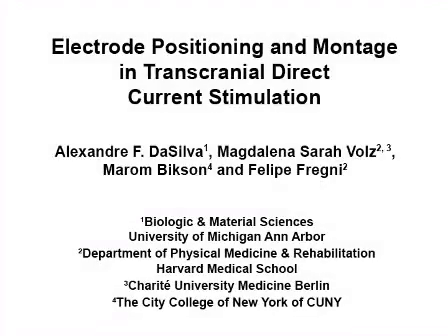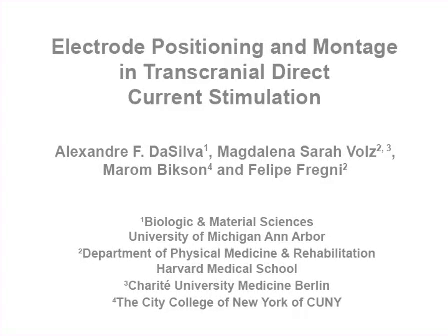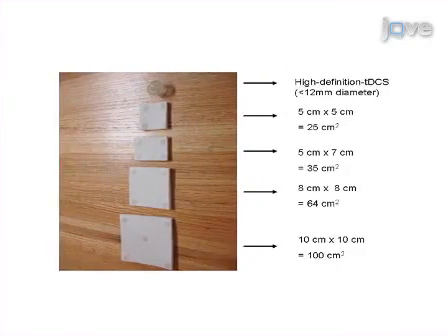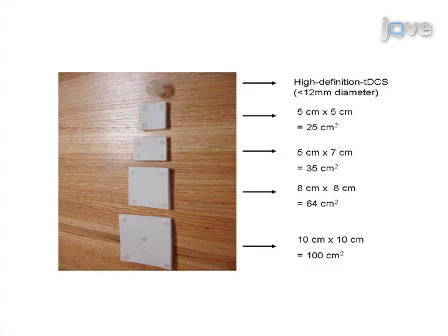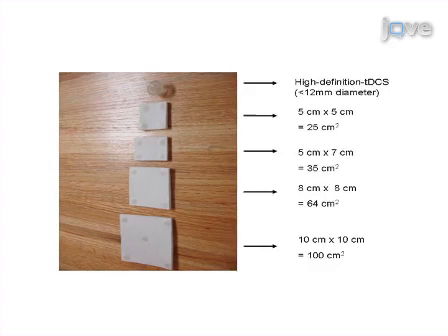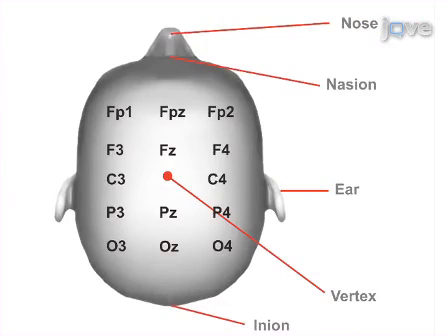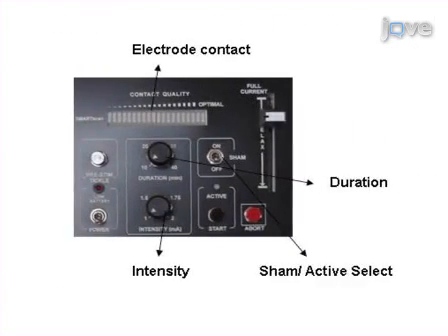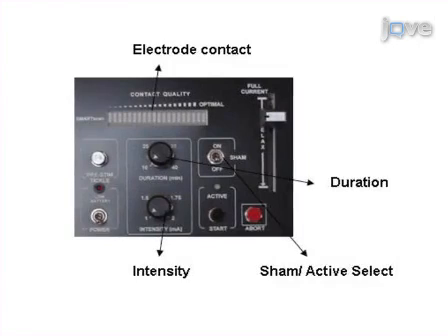The purpose of this video is to demonstrate the technique for administering a session of TDCS using primary motor cortex stimulation as an example. This is accomplished by first measuring the subject's head and marking the sites of stimulation. The second step of the procedure is to prepare the electrodes using the size and type appropriate for your experiment. The third step of the procedure is to place the electrodes properly on the chosen site of stimulation. The final step is to determine electrode contact, the polarity of stimulation, and to set the stimulation device settings, such